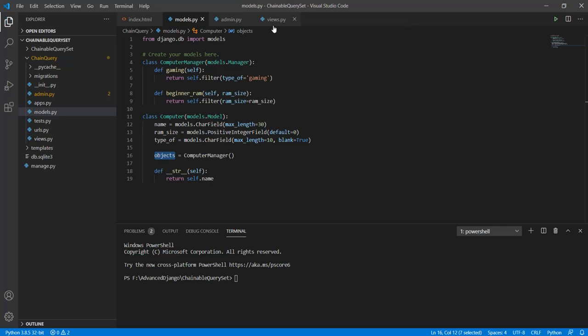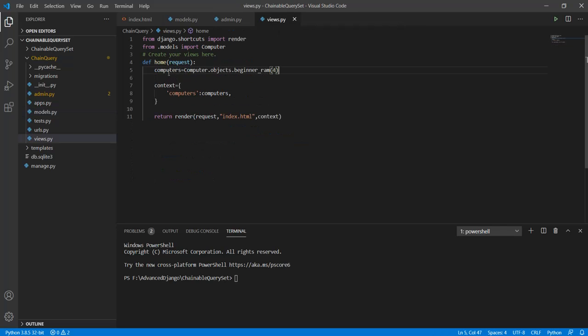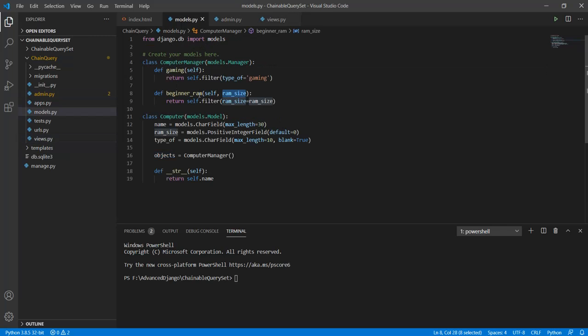Now let's see how this can be done. Here in the home, I have simply created this computer's object. Here I have used computer.objects.beginnerRAM, whose functionality I specified here. Beginner RAM accepts a parameter called RAM size and then returns a query with the filter of that RAM size.